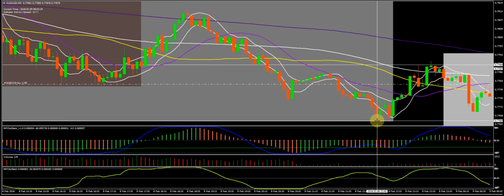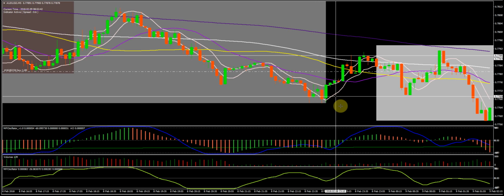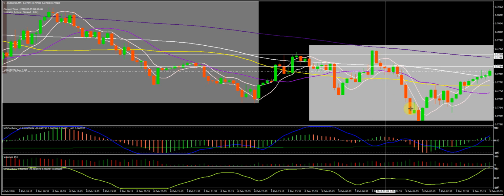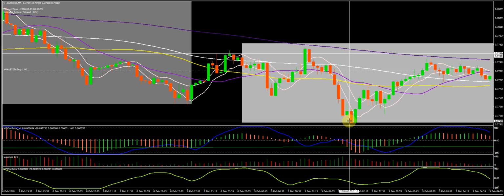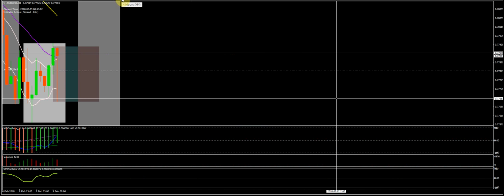At about 10 o'clock last night, it came down and did almost an exact double bottom just above our stop, and it was very close to the stop going through it, but didn't, so the trade was still on. And then it had another bounce, but then overnight, early hours of this morning, it came down again. If we look at the hourly chart, I'll show you the candle that it put in. But it came down for this additional attempt, and you often find this when the trend's been in a